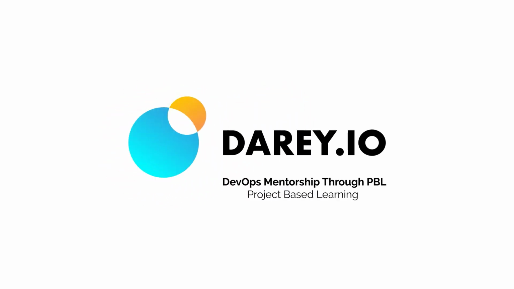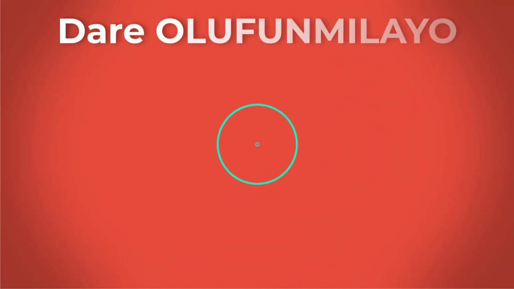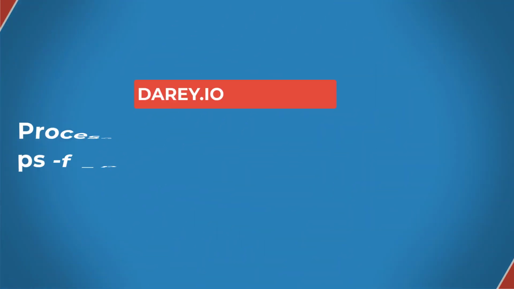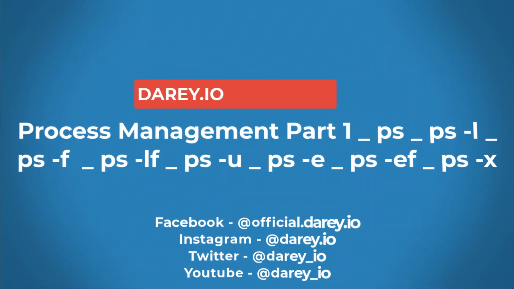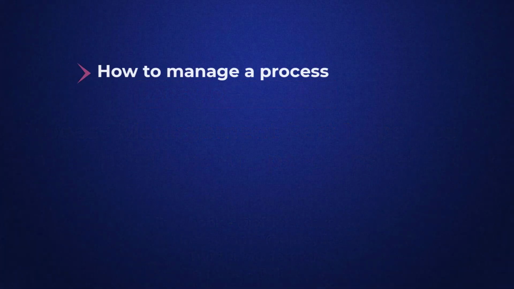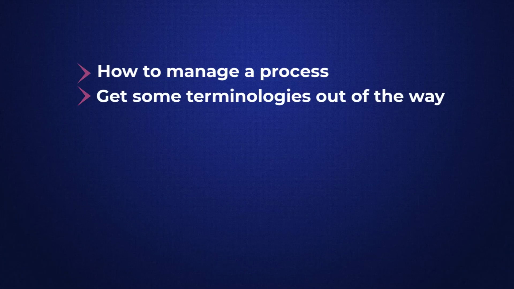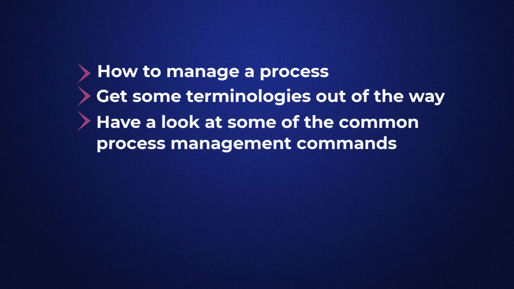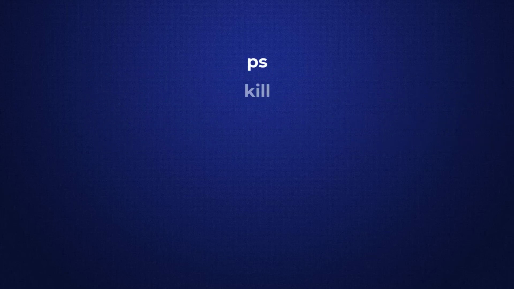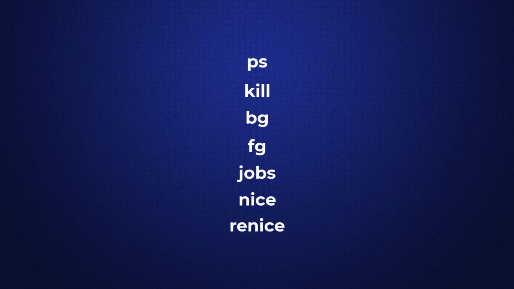Hello and welcome back to this Linux session on process management. In the next couple of videos we are going to be looking at what a process is, what process management is, and how to manage a process. We'll get some terminologies around process management out of the way, and also have a look at some of the common process management commands such as ps, kill, bg, fg, jobs, nice, renice, and also have a look at what the top command